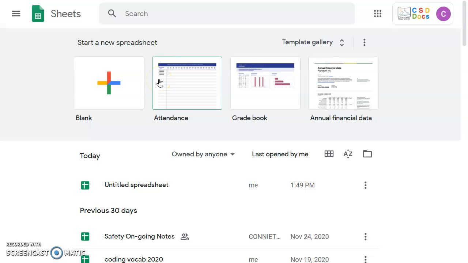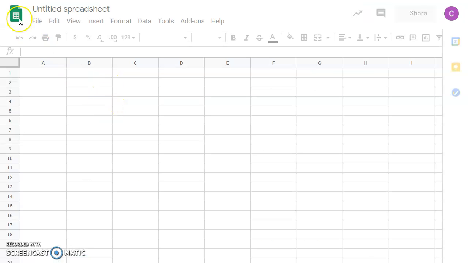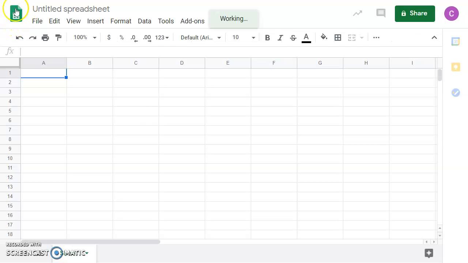So this tutorial is to help you with putting in some data and creating a basic chart using Google Sheets. So if you go to sheets.google.com, it'll take you here, and then you can go ahead and start a new spreadsheet. If you're using a Chromebook, you can click on the icon that looks like this down at your taskbar at